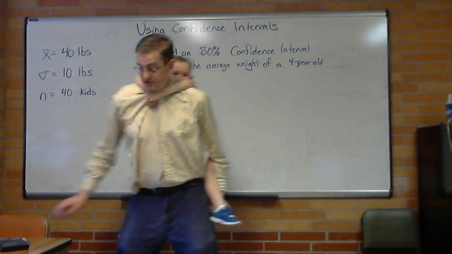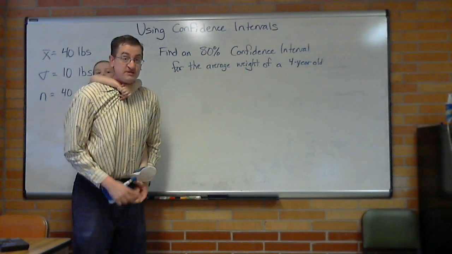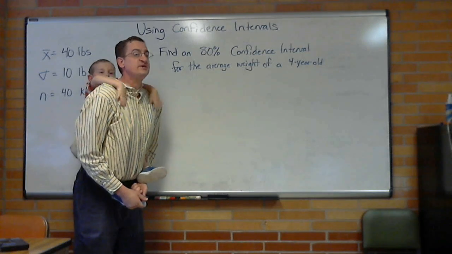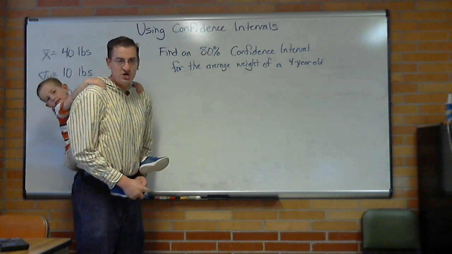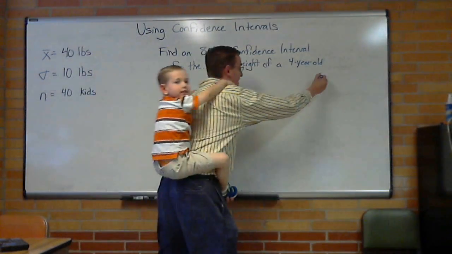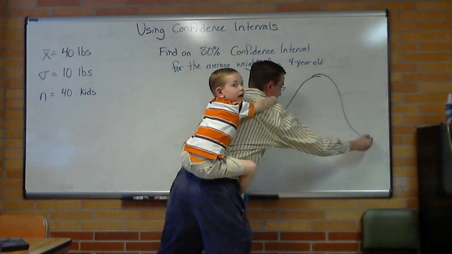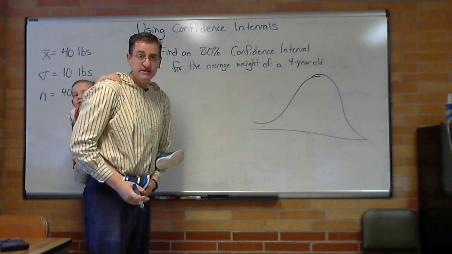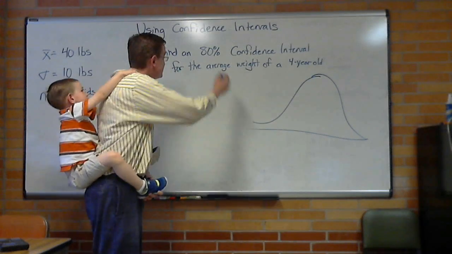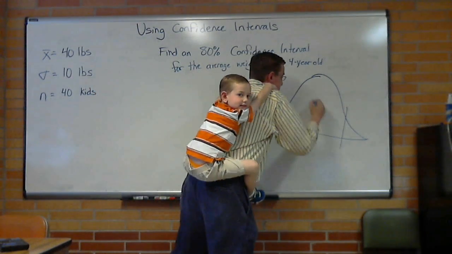So where do I start? First place we're going to start is by drawing a picture. I have a normal curve like this, centered at the mu I don't know, but I'm trying to make a confidence interval that captures 80% in the